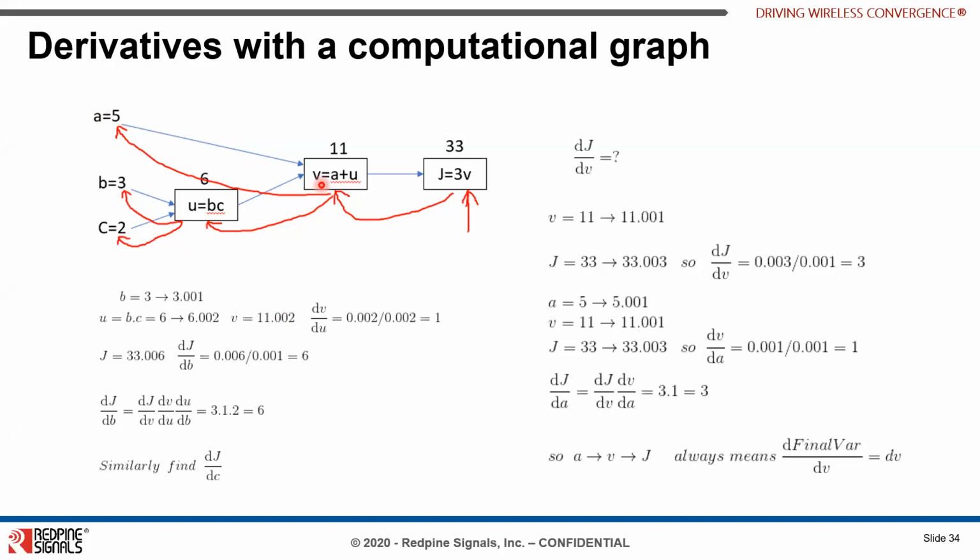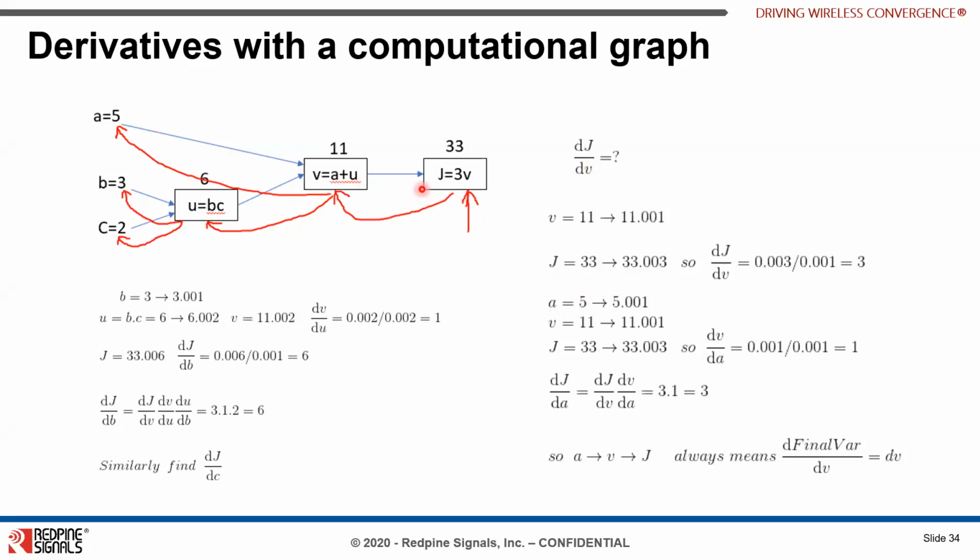And so if we change v, again j will also vary, because j initially was 33, and now it will be 3 into v, that is 3 into 11.002. You can easily compute that, and you can see it will result in a change in j. So finally, if we need to compute dj by dv,